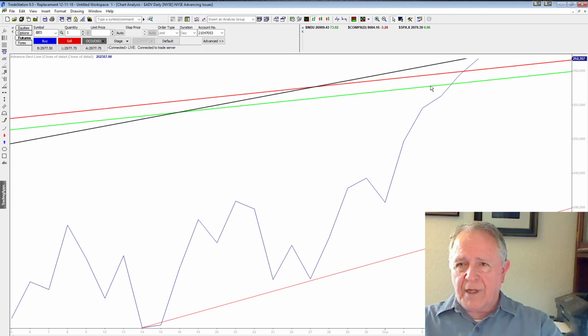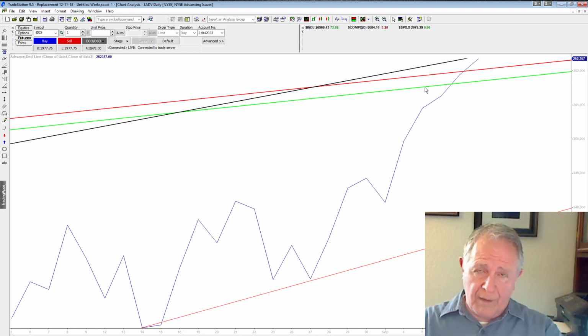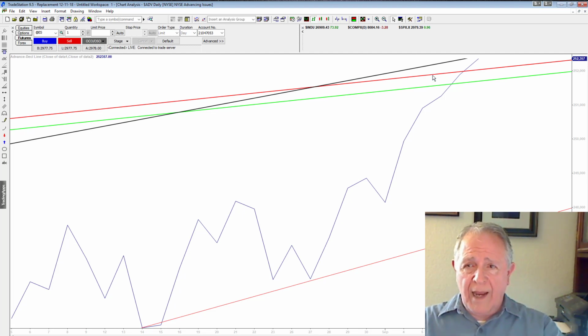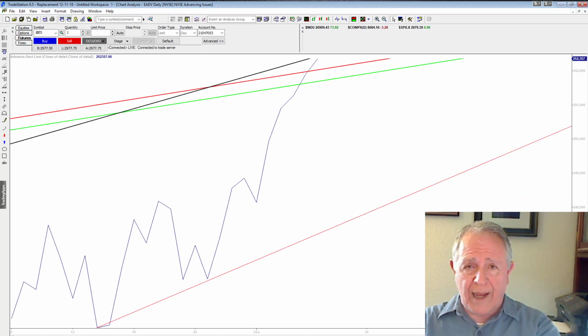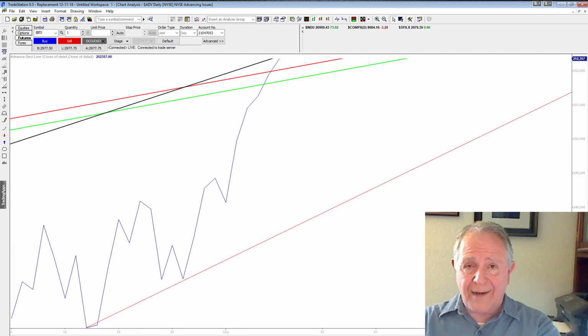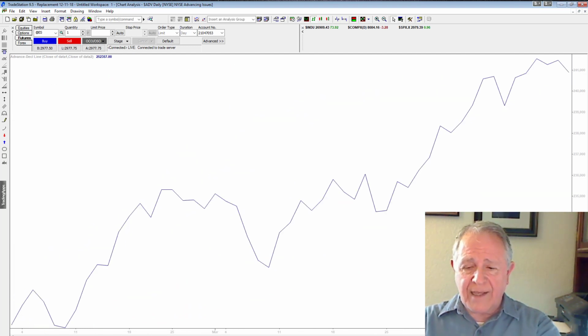There are three lines here. The green line is the upper channel, an 8-year channel that goes back to a low in 2011. The red line is simply a trend line, a tops line, from the July 1st, 2014 high through the January of 2018 high, which went also a tiny bit above the upper channel. And the third line is just a very short-term line that we added today, actually,